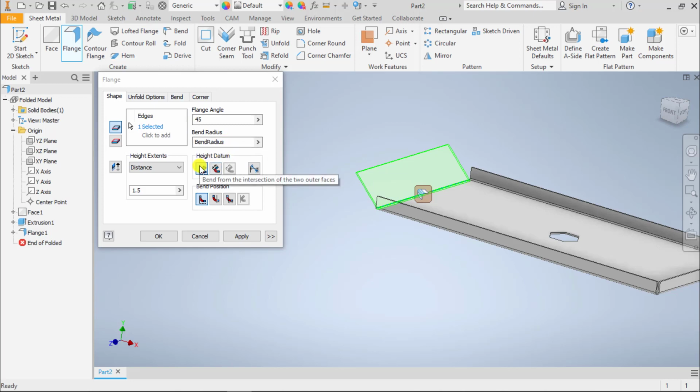And then our height datums here are basically where it bends from, or where the measurement for the length is taken from, excuse me. So in this one, it's measured along the flat. In this one, it's measured from the apparent intersection. And then we've got several different bend placements. Whether or not you need to change that is going to depend on your application and the size of your